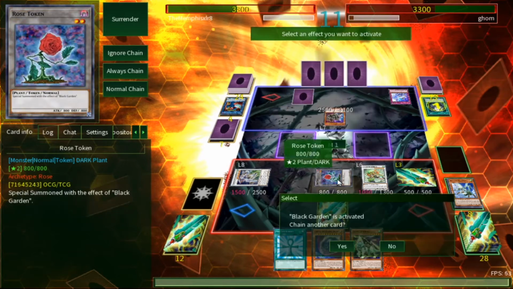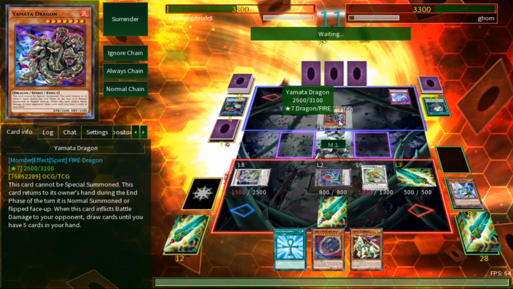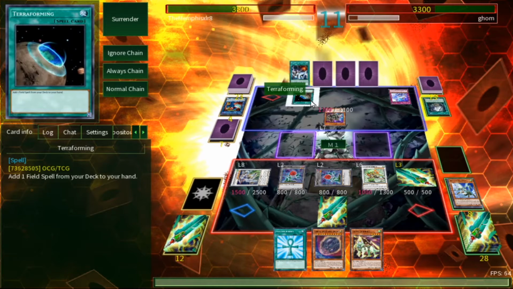Okay, what is he doing now? Oh yeah, Yamada Dragon. I forgot all about him. Forgot about that guy. Alright, that's Yamada Dragon. So, yeah, unfortunately now he... Well, actually, I've got my Crystal Wing, so I can just negate this. And missed...